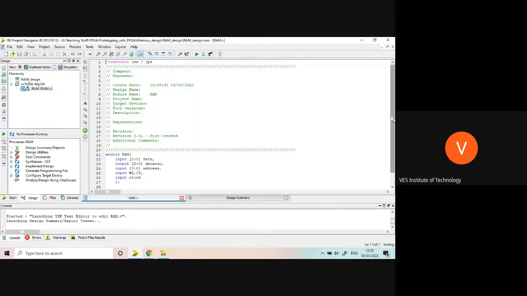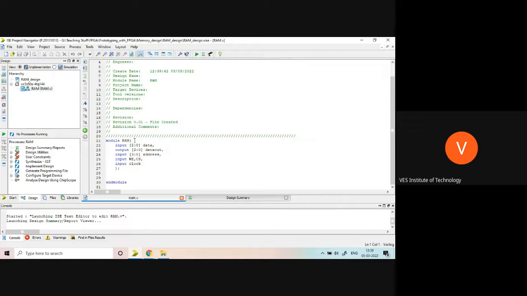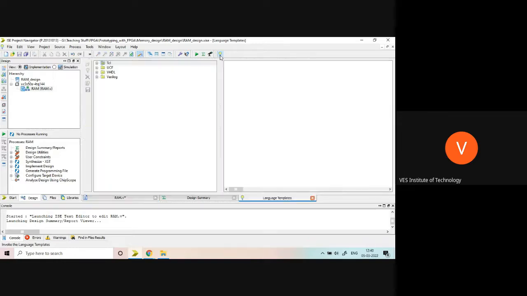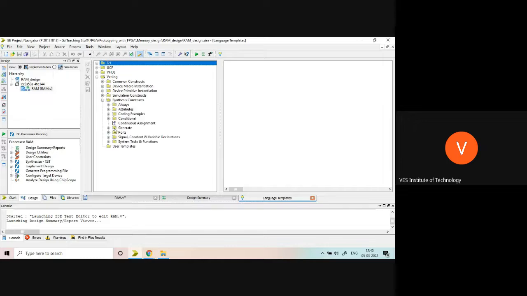So see this, I have created this thing. So I can write something like this also. If I wanted to make it, so how to do it, I'll show you first. Now this is first RAM module I have created. Then go to the language template. You don't have to write any code. There is no need to write a code. Already codes are written in the memory in a coding example.